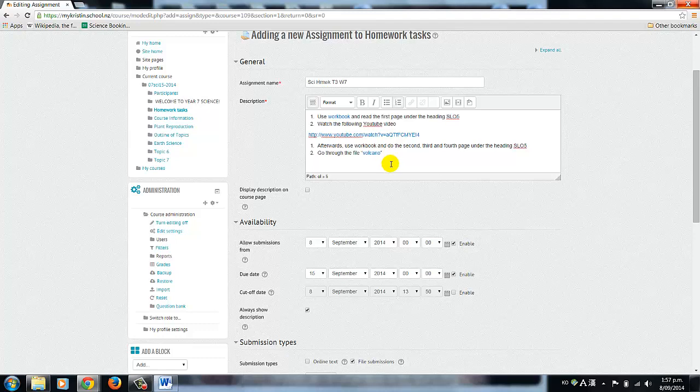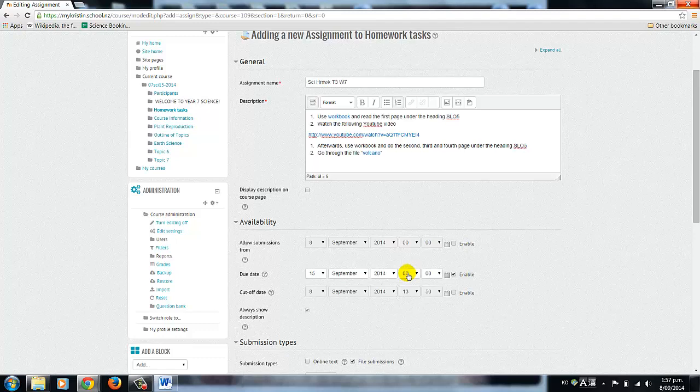Now, the most important thing, and this is something that you should not forget, is to utilize this. Obviously, we don't want them to submit online, so we want to disable this, but this due date part here is the most important thing. If you set the due date using this, that is the only way to actually link this assignment to the myKristin calendar. So today's the 8th, so 15th of September 2014,